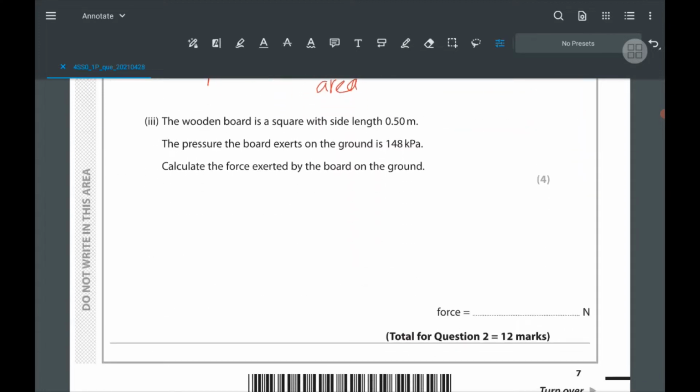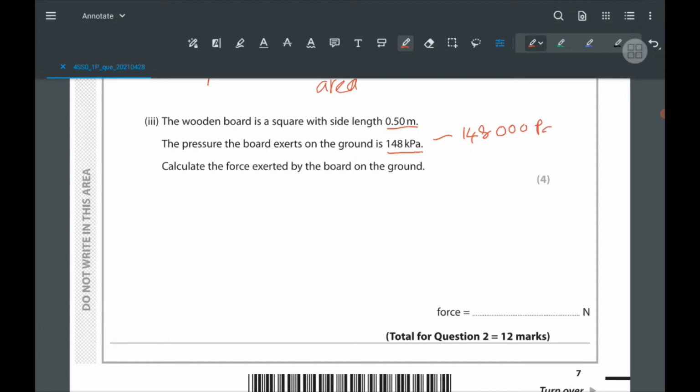The wooden board is a square with side length of 0.5 meters. The pressure the board exerts on the ground is 148 kilopascals. Calculate the force exerted by the board on the ground. One more thing again. Here this length is given in meters, so it is given in the standard units. But if you look at this one, it is given in kilopascals. So that means it is